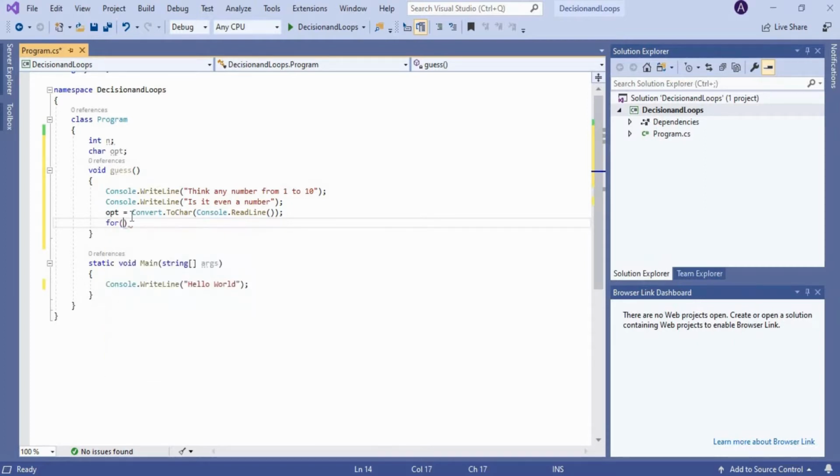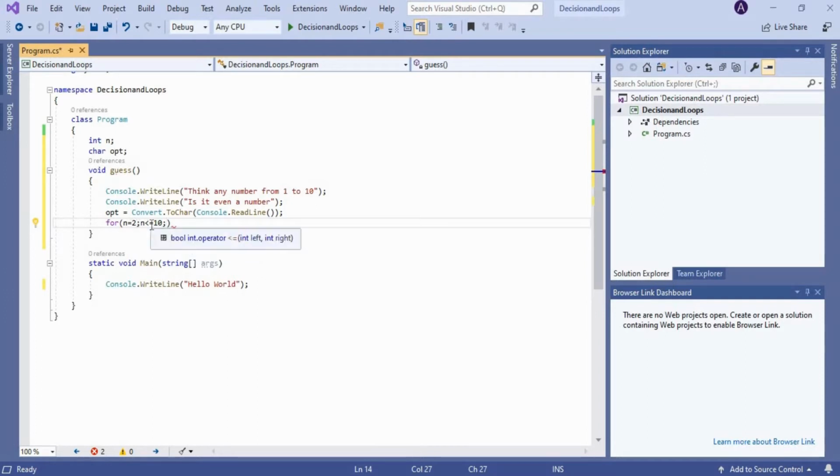now we can have a for loop here: n is equal to 2, n less than or equal to 10. Why we are having the less than or equal to symbol here is that 10 is also an even number. So n equals 2, as 2 is the smallest even number greater than 0.